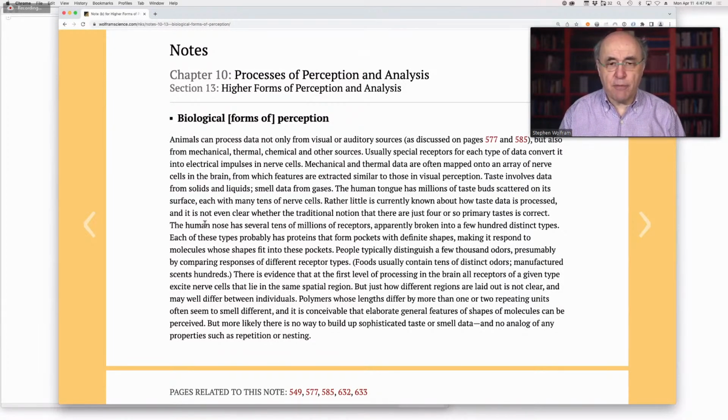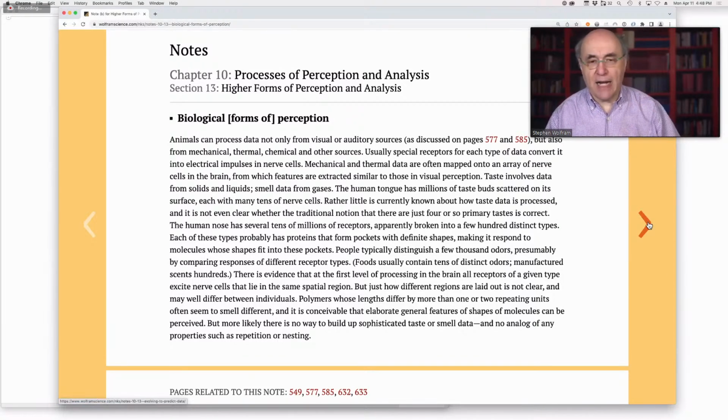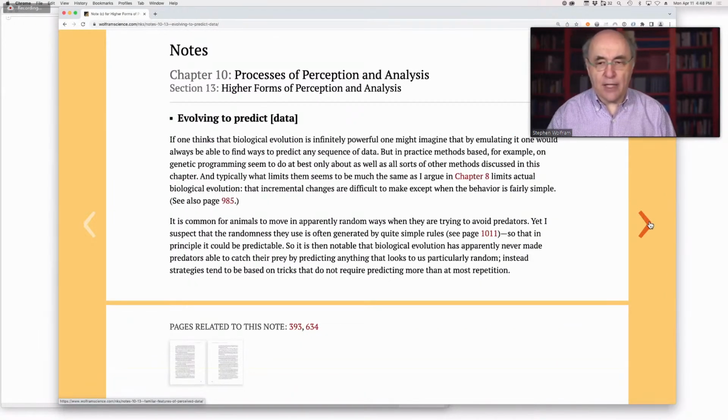Different forms of perception exist, for example taste and smell and all these kinds of things. In the earlier parts of this section of this chapter, I've talked about visual perception, auditory perception, and so on. But the question is, could you smell your way to Rule 30, for example, even if you couldn't see your way to it? And the conclusion is no, but you have to do some kind of analysis and simplified models of actual olfactory perception and so on.